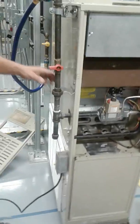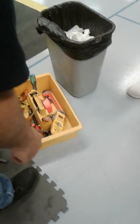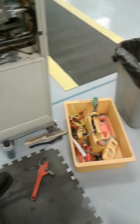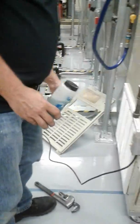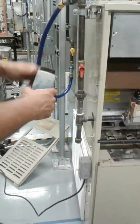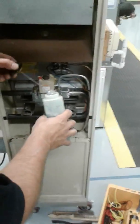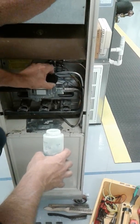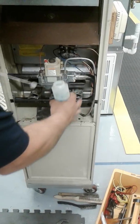Okay, now what we're going to do is check for leaks with the soap bubbles. Wait a second. So when we come here to do the lab, we're gonna have to take this off too? Yep. Okay. So release it now. So we turn the gas on, check for leaks. You want to take the soap bubbles and put them all over the place. Now keep in mind, there's no gas to be leaking out of there yet if there's a leak, because